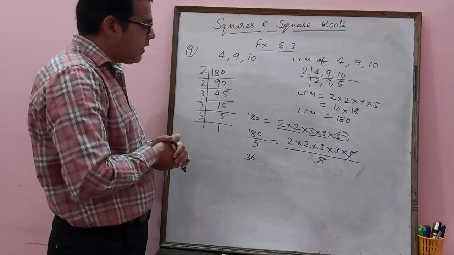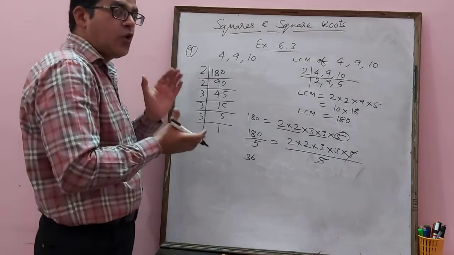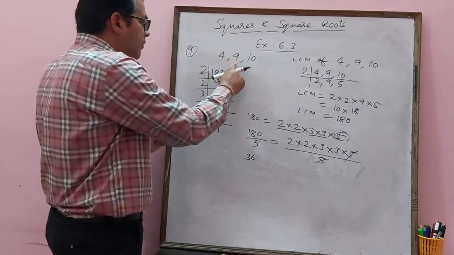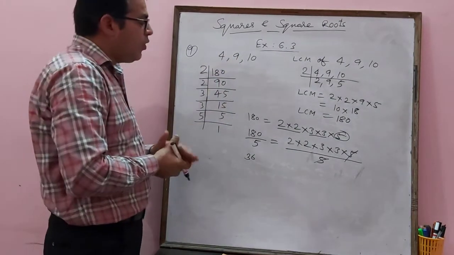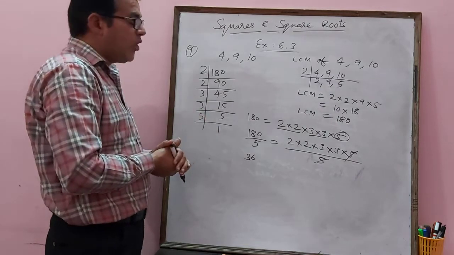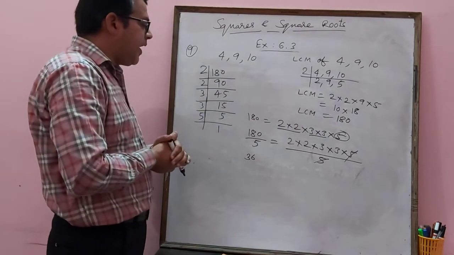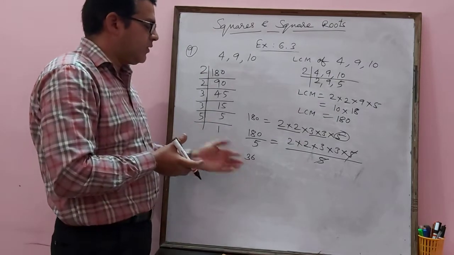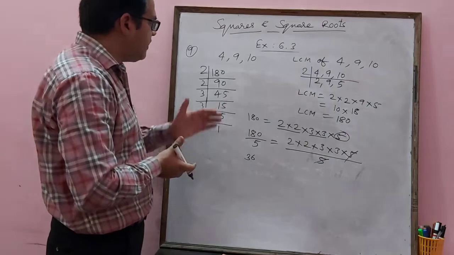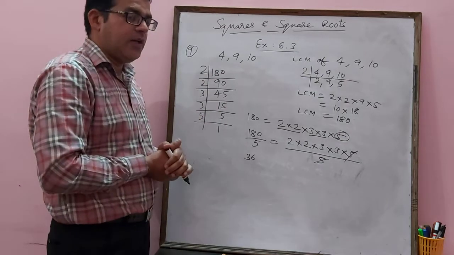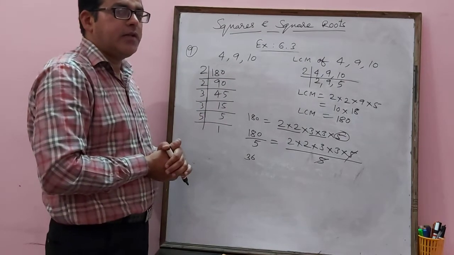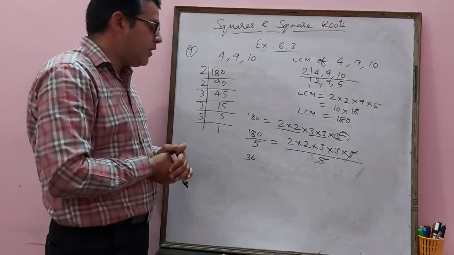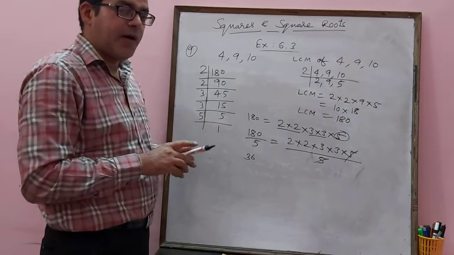But you can see here this 36 is not divisible by this 10. It is divisible by 4, by 9, but not by 10. So what is the conclusion here? Conclusion is we can't divide it by 5. Since when we divide by 5, we are getting 36, and 36 is not divisible by 10. It means we should multiply it by 5 to make a perfect square. Hope you understand, guys. So let's multiply it by 5, right?